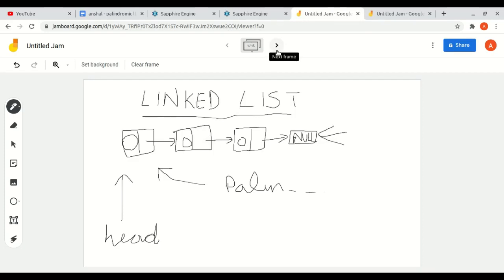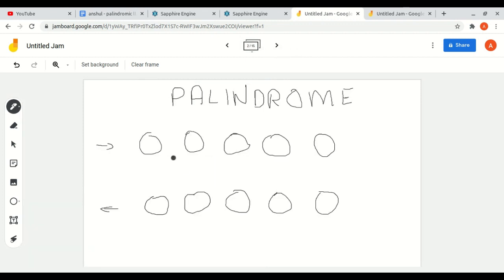Now the question is, what is a palindrome? It is a special type of sequence.